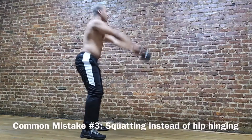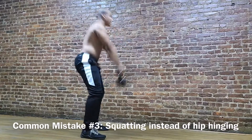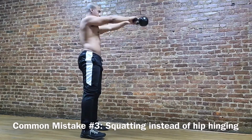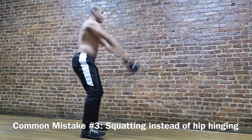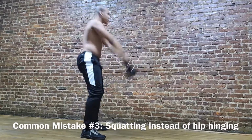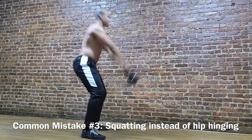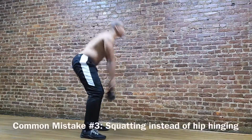And last but not least, this is the most common one that you'll ever see. This is where people squat instead of hip hinge. You can tell the difference because they're actually bending their knees and they're dropping downward instead of hinging back and forward. When you perform it this way, you go back to the first common mistake that we talked about, where